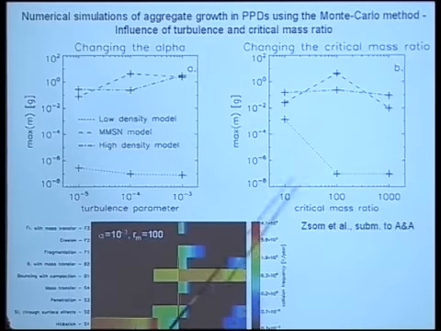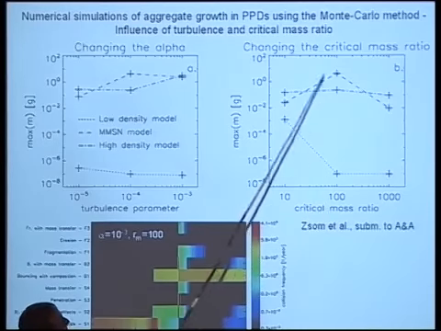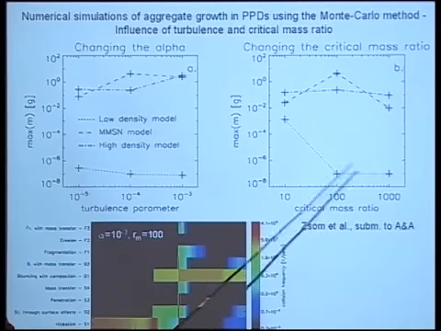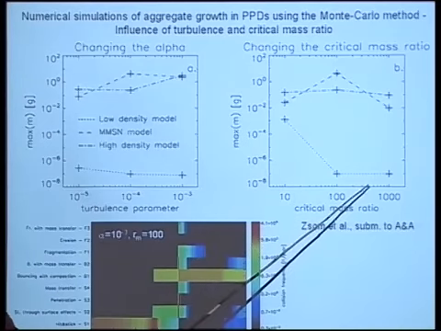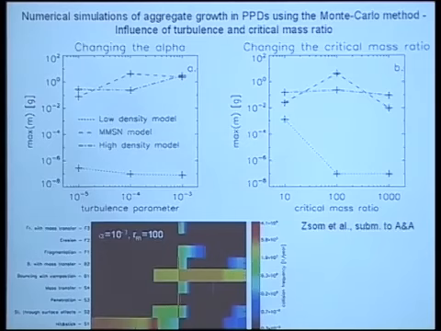And another important parameter in our calculations is the critical mass ratio. Where is the transition from equal sized to different sized? And the nominal value is 100, but we've also tried 10 or 1,000, and you do see some changes. Not in the two higher density models, not so much at least, but in the Brauer et al. model, there are differences. So it is dependent on this parameter, and that is a duty for us in the lab to find out where the parameter really is.